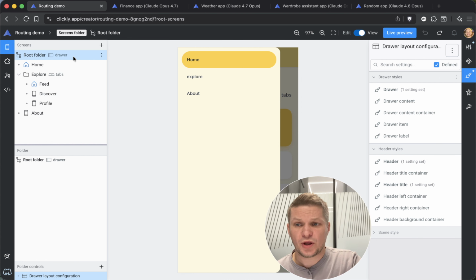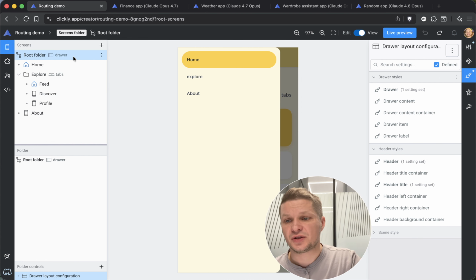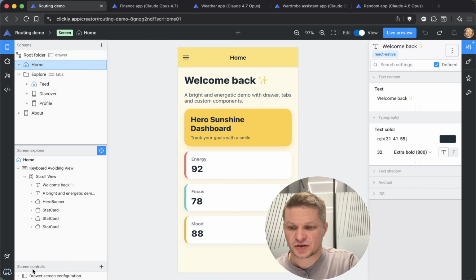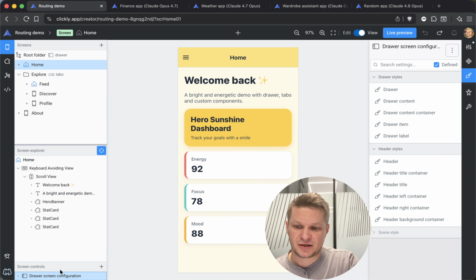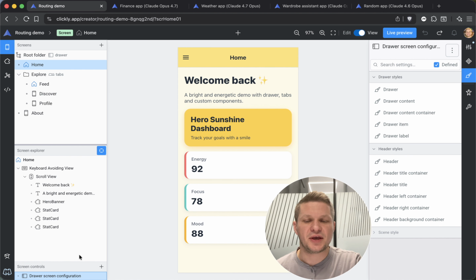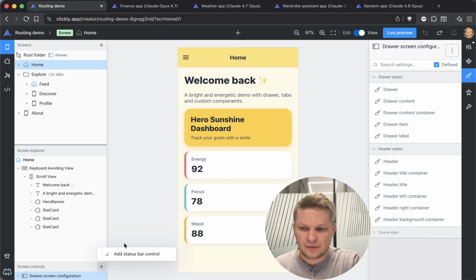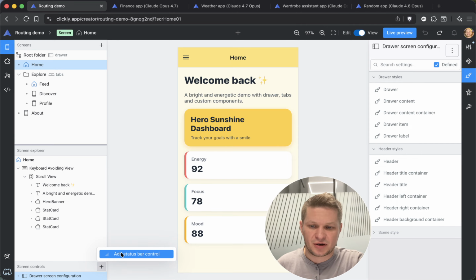A new thing that appeared in Clickly this last month is these folder controls and screen controls. As you see, they are separate from the main screen tree called Screen Explorer. Here, screen controls are basically components that are not rendering something immediately on the screen, but they affect look and feel, layout, and appearance. You can add not that many components there because they're special ones. But for instance, you can add status bar